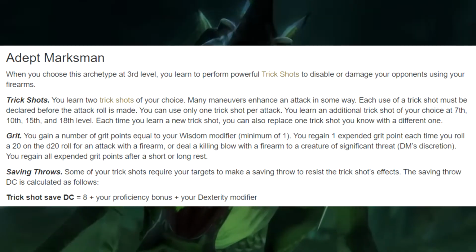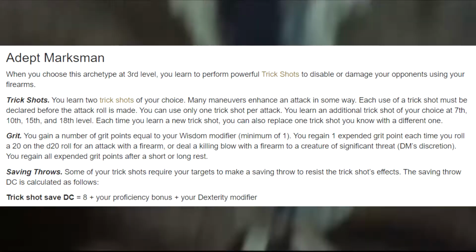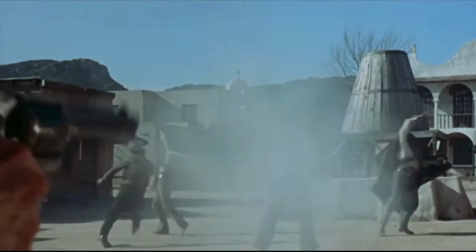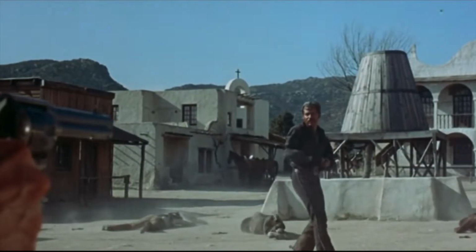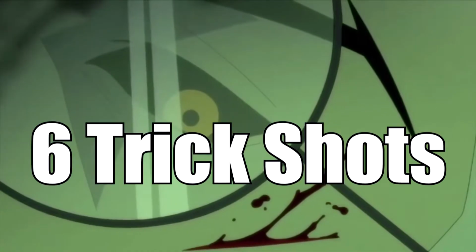Aside from the additional gun rules though, the Gunslinger has access to its trick shots. Stemming from its Adept Marksman feature, this is a fun mechanic that is better implemented than arcane shots for the Arcane Archer. Each trick shot is a thematic addition to a firearm attack. There are 8 total trick shots a part of this subclass, and you can learn 6 of them by 18th